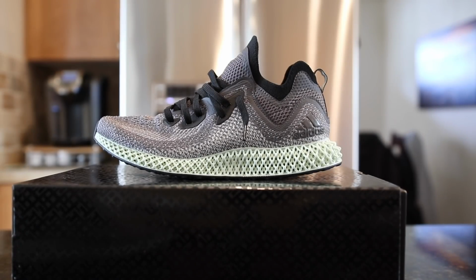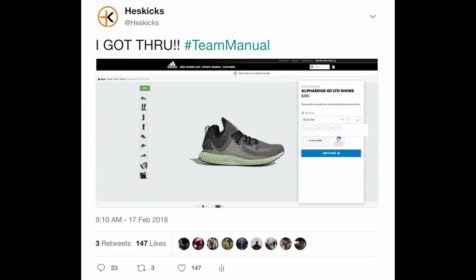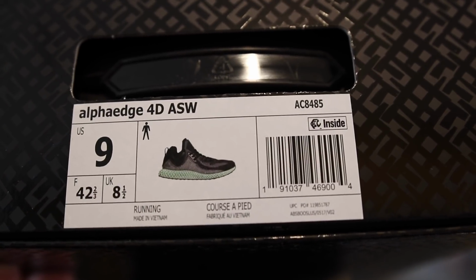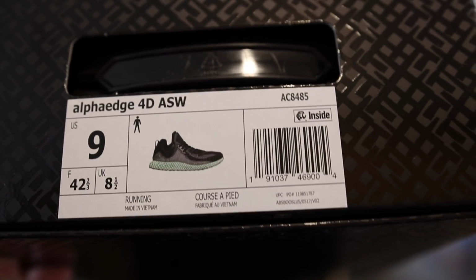Right, so here we have the first look for myself at the AlphaEdge 4D from All-Star Weekend. And this one I cannot believe I came up on. Honestly, I was trying just like you guys were online, and I ended up hitting on the splash page, and then I got through and I was able to cop a pair. And you can see from the box it says it's the AlphaEdge 4D ASW,